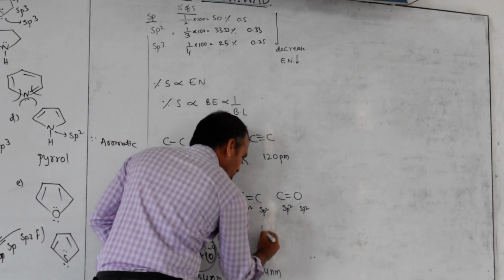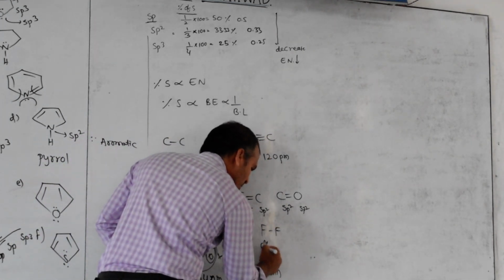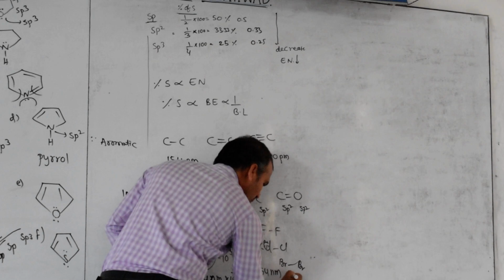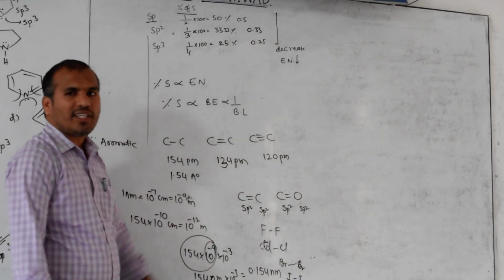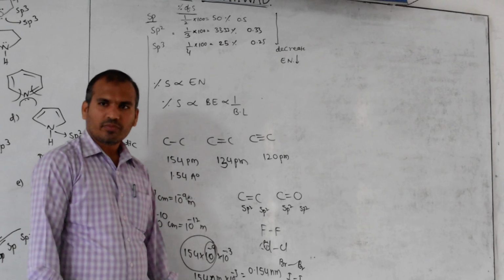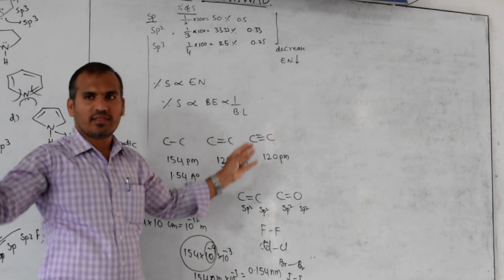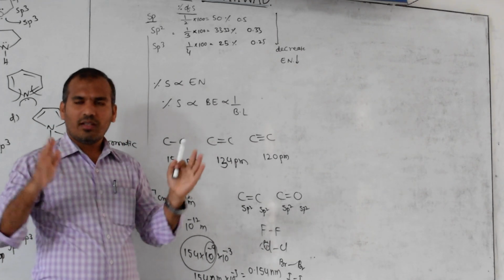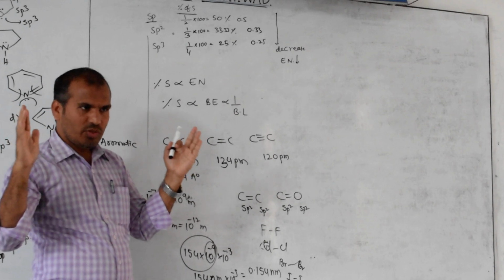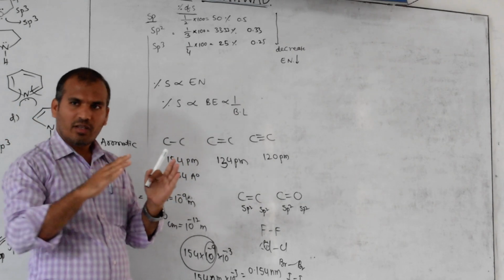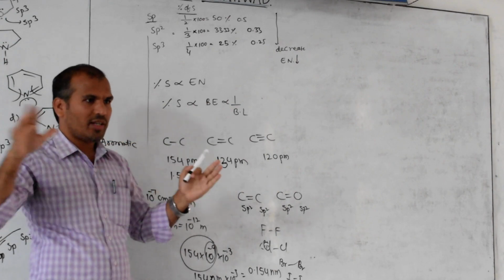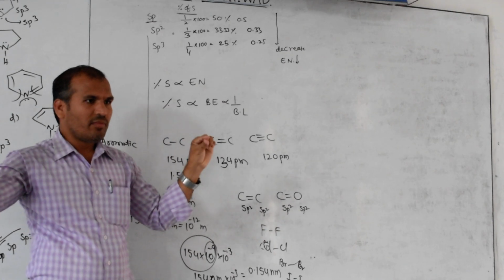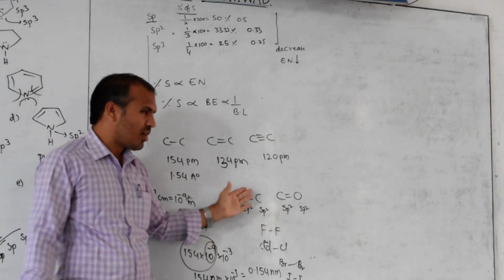Now consider the fluorine bond, chlorine bond, bromine bond, and iodine bond. All are the same, having only a single bond. But which has the larger bond? Iodine, because iodine has the larger size. When the size is larger, what is the bond length? Half of the internuclear distance between the two atoms is called the radius, but bond length is the total diameter. So when size is bigger, the diameter is also bigger. Length is increased, therefore bond length also increases.